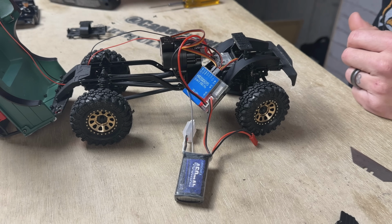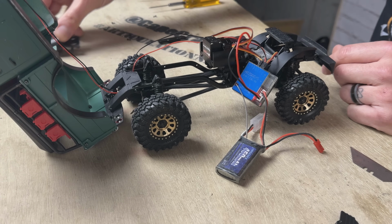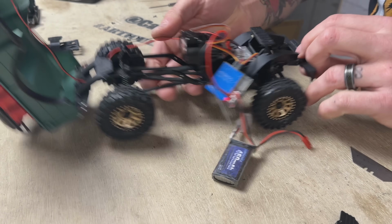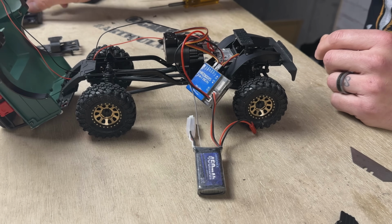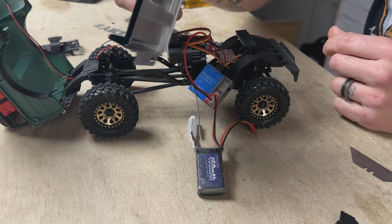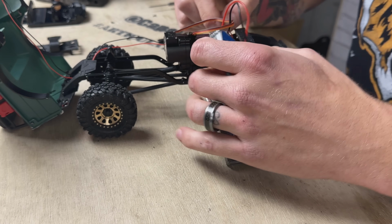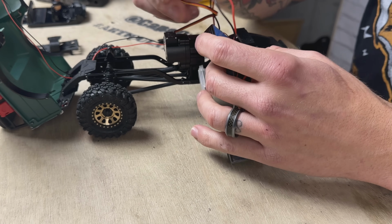A couple interesting things going on here. I took the battery tray completely off for right now until I can figure out what to do with this. I've got this behemoth sitting in here. Another thing with the Power Wagon, I could not close the body with the interior on it, so I had to remove the interior. So what I'm going to do right now, I'm going to plug the variable speed servo into